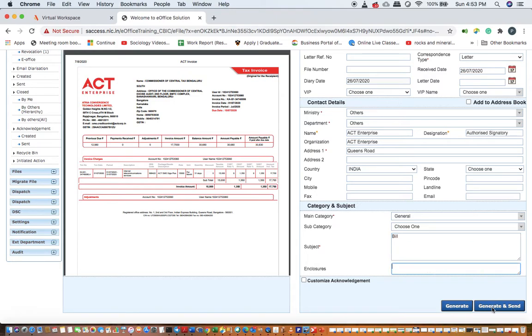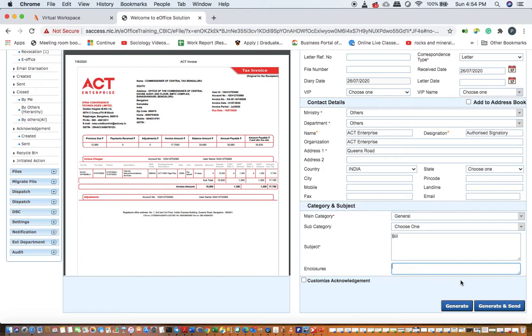So instead of clicking on generate and send, I'll just click on generate. Previously I clicked on generate and send. Now what is the purpose? There are two letters that have come addressed to Assistant Commissioner South Division 6. So I want to send these two letters together to ACSD6 rather than doing it as a separate process, but I'll have to mandatorily diarize them separately.